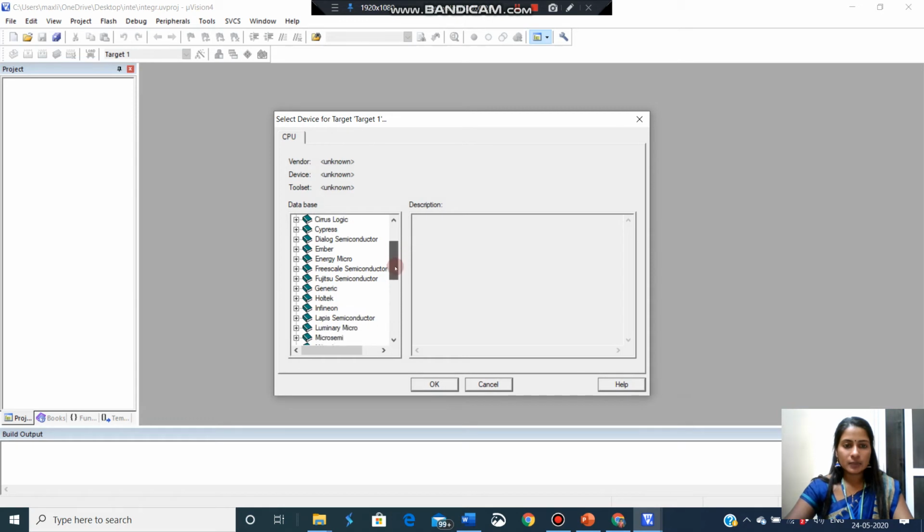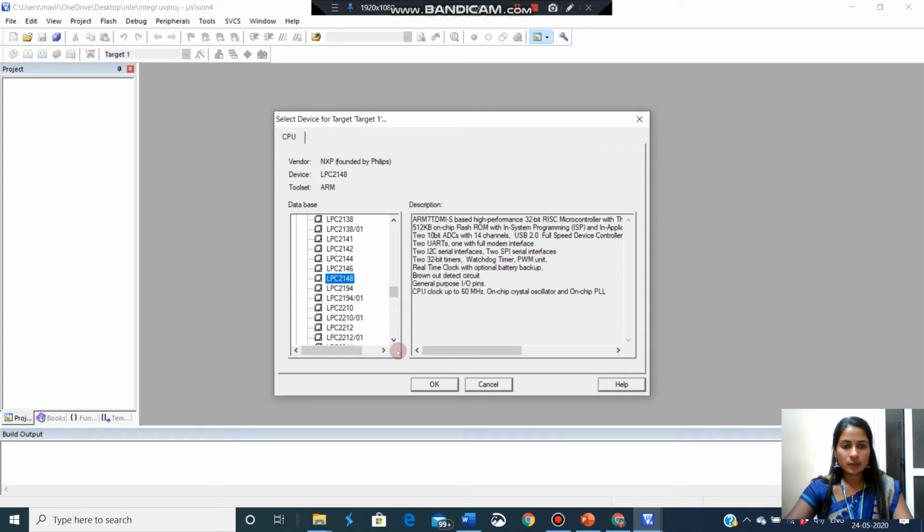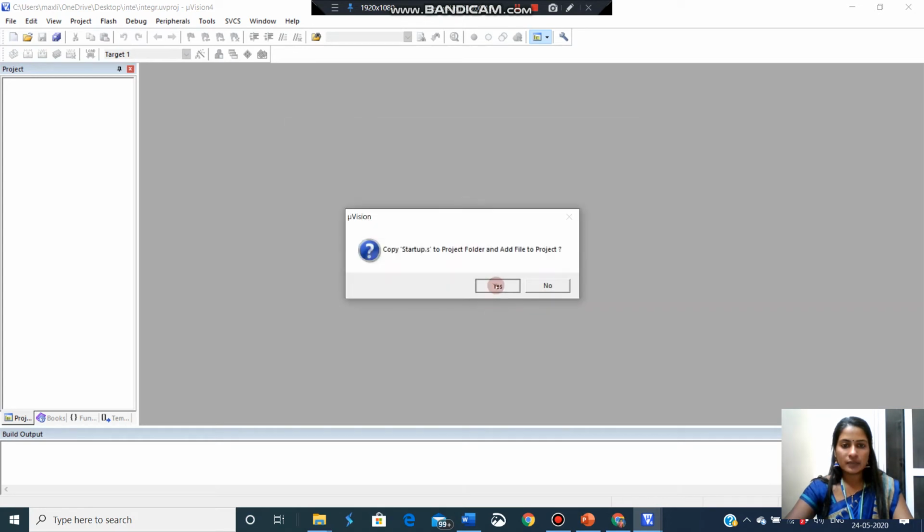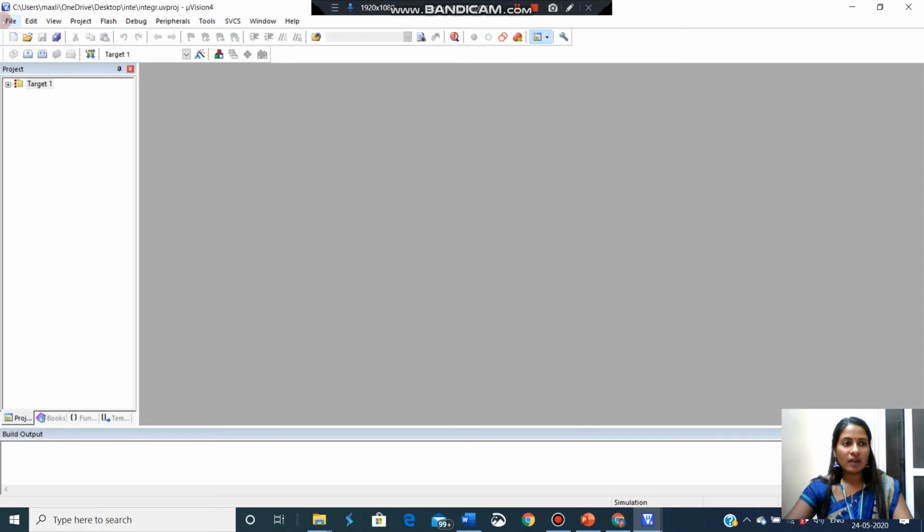Next step, the vendor name is NXP. LPC2148, we have to choose it. This is our IC number, the ARM number. Then OK. Yes, we need it.